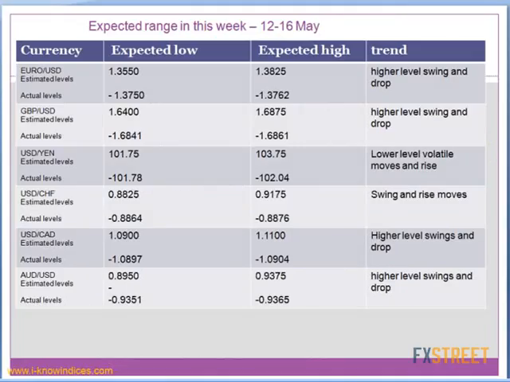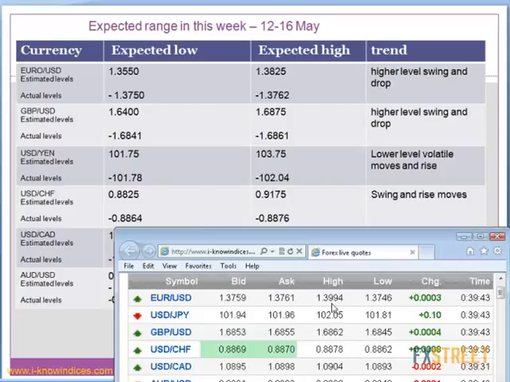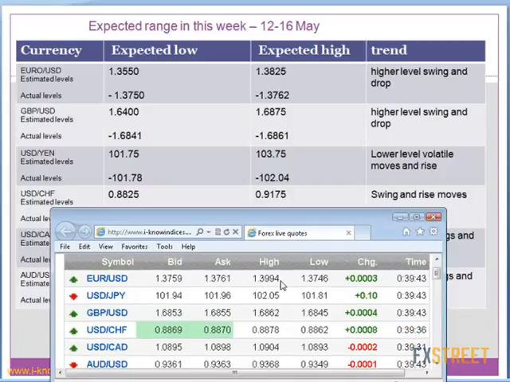With regard to the levels in which the currencies could make the moves, the high could be 1.3825. They could show an intraday high as a stop hunt, and then they are expected to continue to make the drop in the case of euro. And this is all the actual level, but in the quote page, it still shows the Thursday level, 1.3994. Still, it has not been altered. But we can take it from the platform.